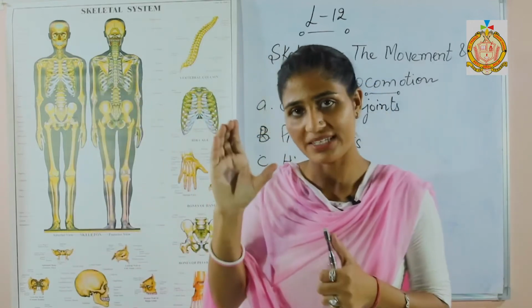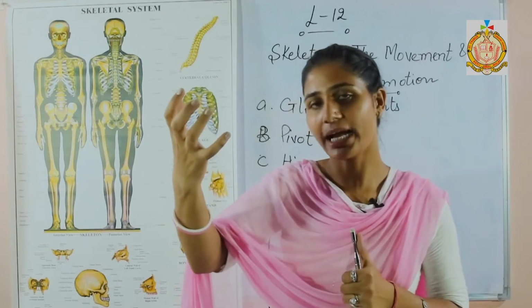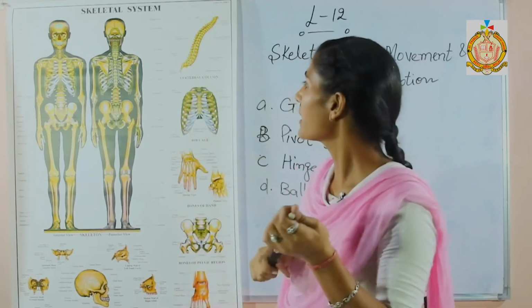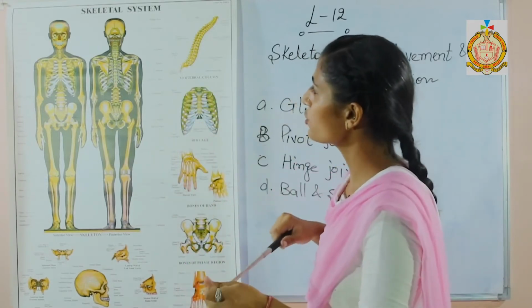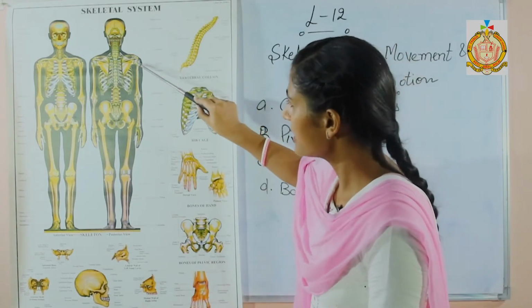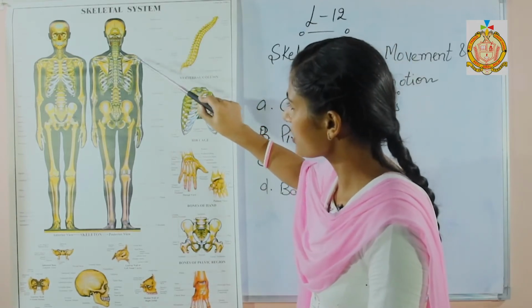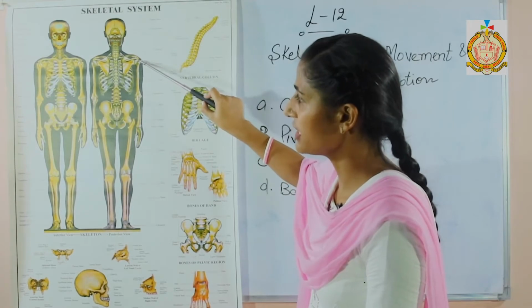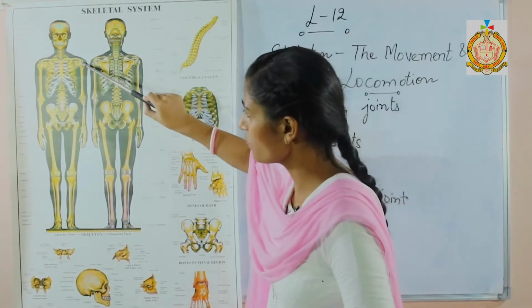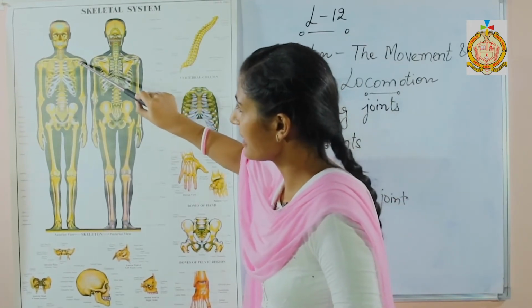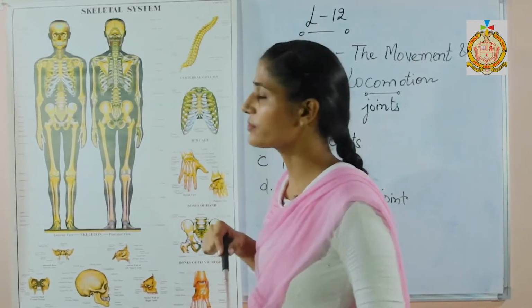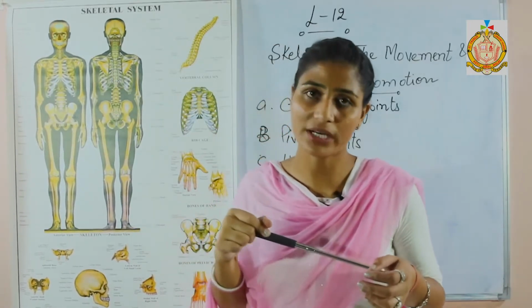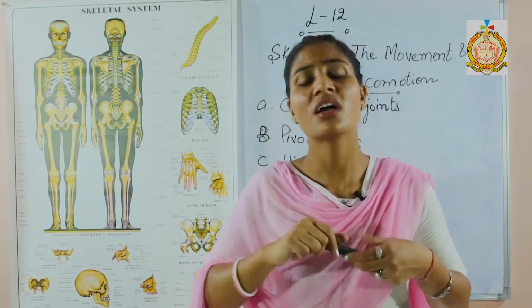One is showing the cup-like structure, the other one is ball-like, and that ball is attached with the cup. Here the good example is the shoulder bones. You can see that this is showing a cup-like structure and this is attached with it. Here that is more clear. So this ball is attached with this cup-like structure. So these bones are known as ball and socket joints because they are showing free movement.